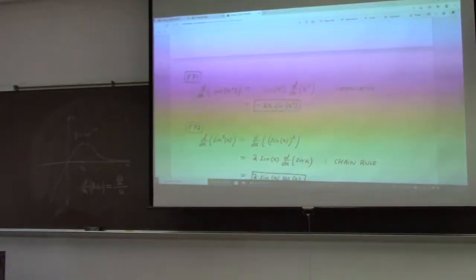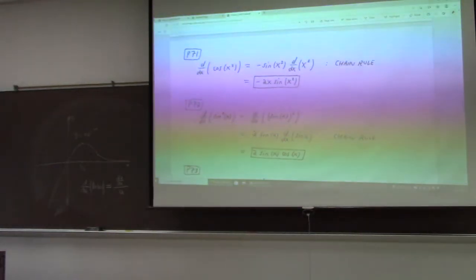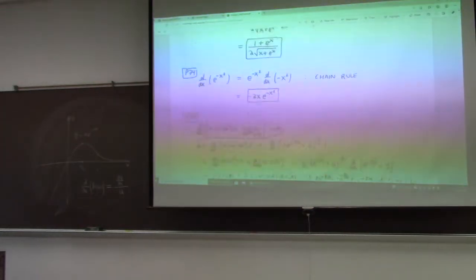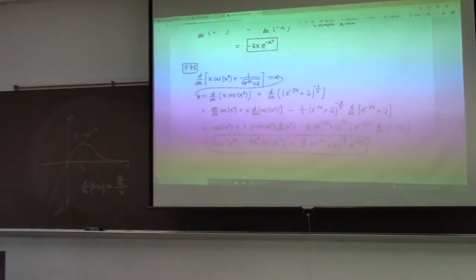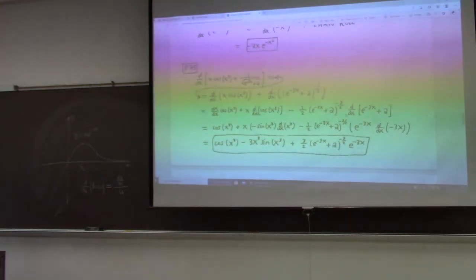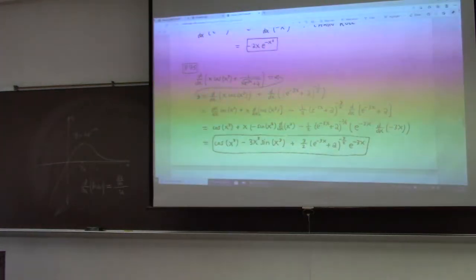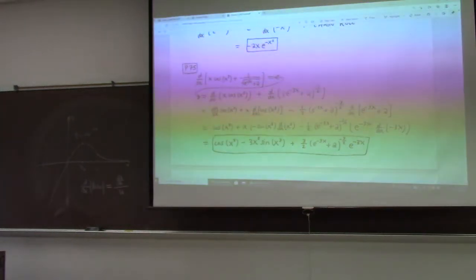Chain rule, different kind of chain rule, but chain rule. Whoa. More complicated problem, but chain rule. See, sometimes the first thing is to break it into pieces which are more manageable. The second term there